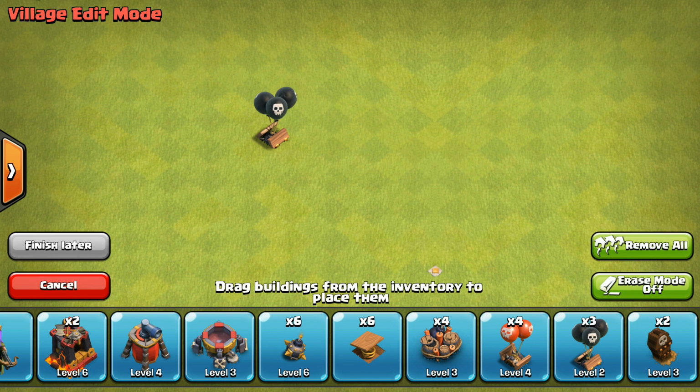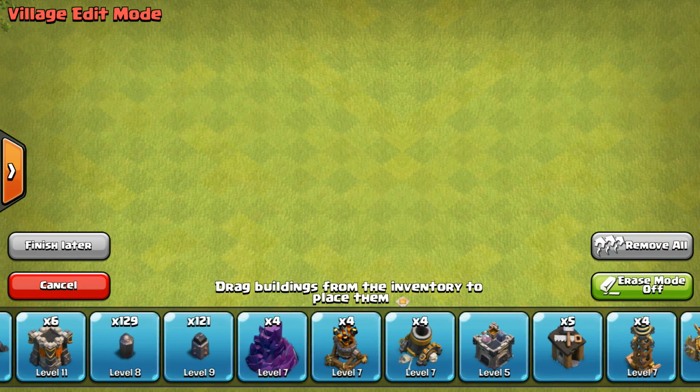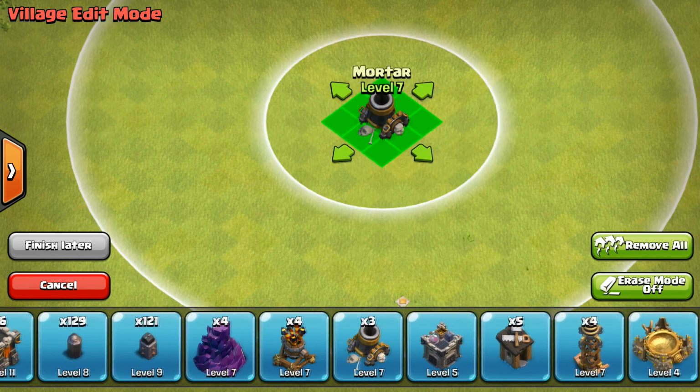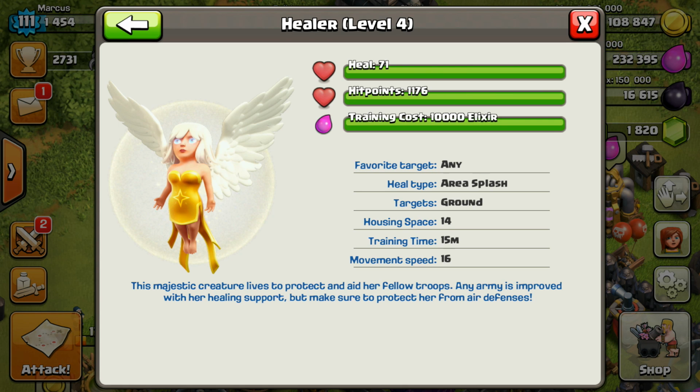The most expensive defense at max level is the Archer Tower. That was kind of crazy to find out. That's more than the Expo and the Inferno Tower. The cheapest defense to max out, which is surprising, is the Mortar, only costing a little over 12 million for a level 8 mortar. The Healer is the cheapest troop to max out, only costing